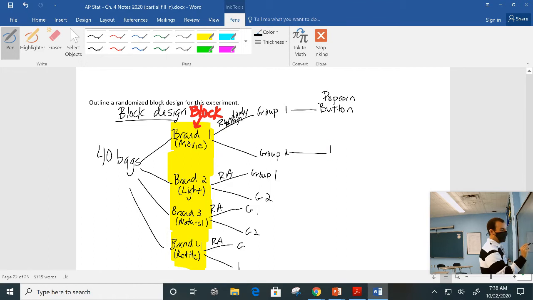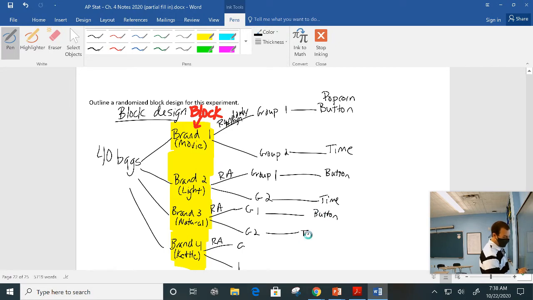And group 2, they're getting the time. And then the same thing for all of the others. So button and time, and button and time. And then finally for the kettle, button and time. So you can see by blocking, you're ensuring that the popcorn that's getting the popcorn button,